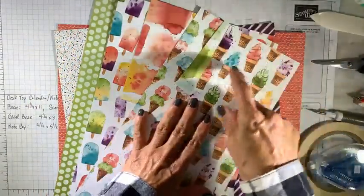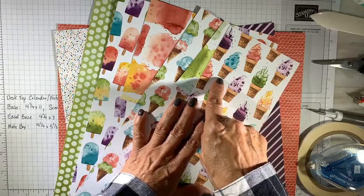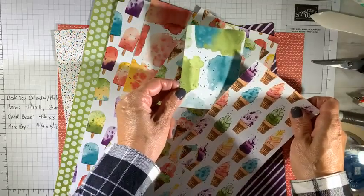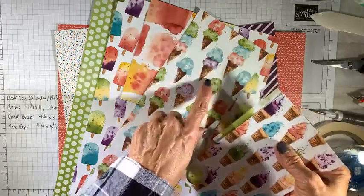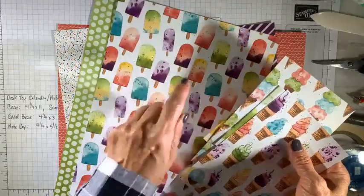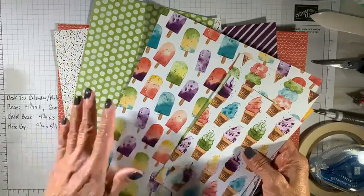We've got different kinds of ice creams going on again. So we've got the flat cone. I don't even know what you call this kind of cone, but super cute. We have some watercolor paper, which is perfect for punching your ice cream scoops. We have the stacked ice cream scoops on the cone, more watercolor splotches, the ice cream bars, and then did you know